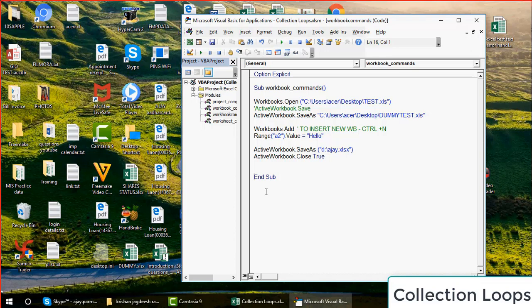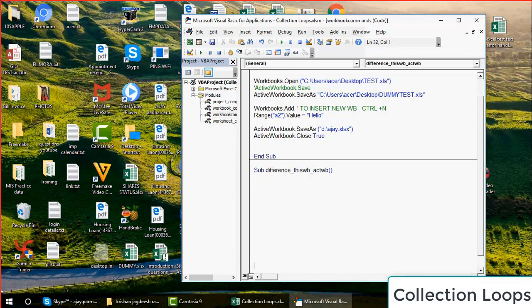Now they ask this question also. First of all, let me clear this thing. What is the difference between this workbook and active workbook? I'll tell you the difference. Between this workbook and active workbook.